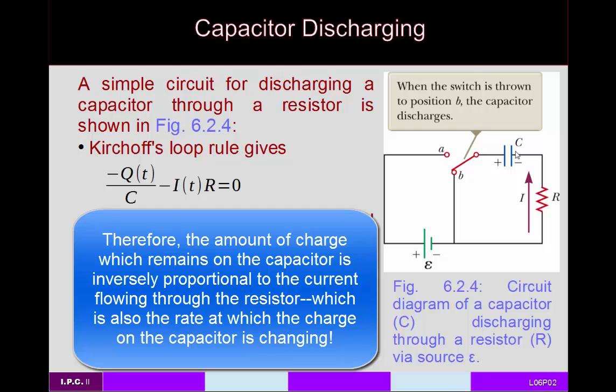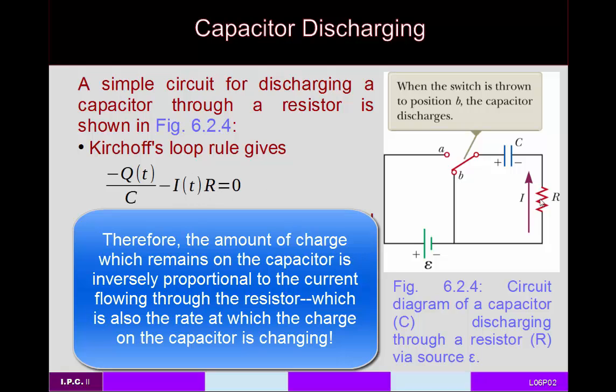Basically, what Kirchhoff's loop rule is going to give us now is that the voltage across the capacitor and the voltage across the resistor should now, in fact, be equal. Equal drops, but in opposite directions. What we do is we say that negative Q over C, that's the voltage drop across the capacitor, plus I of t, the current,